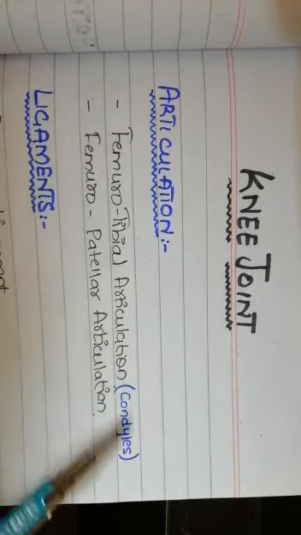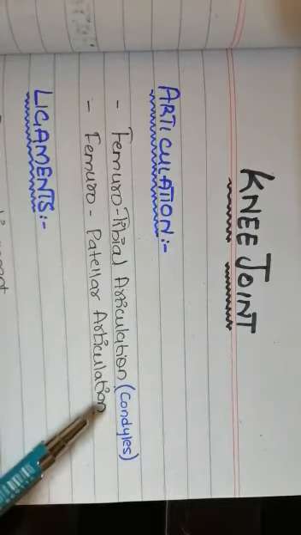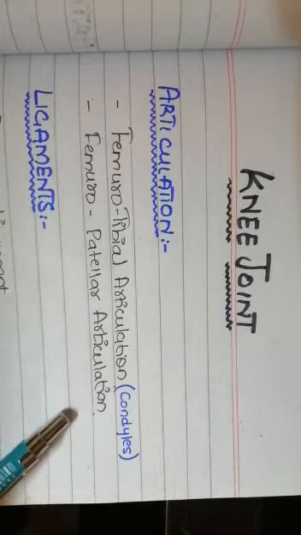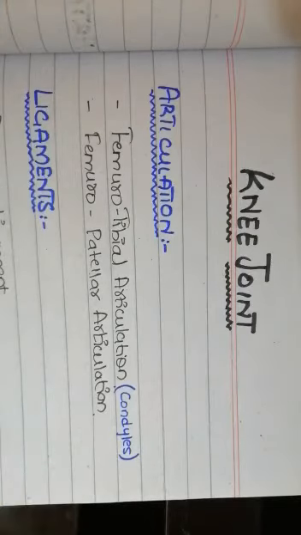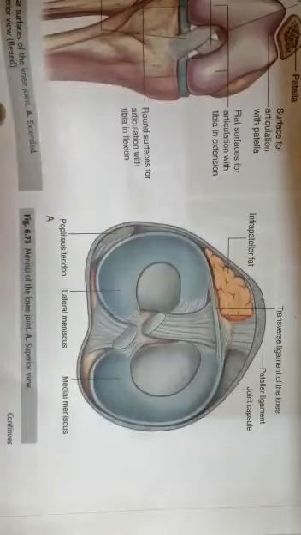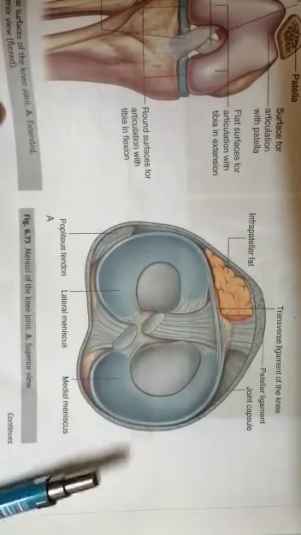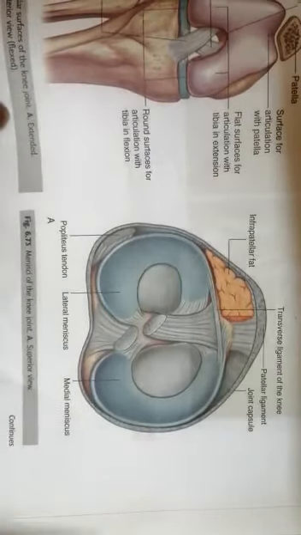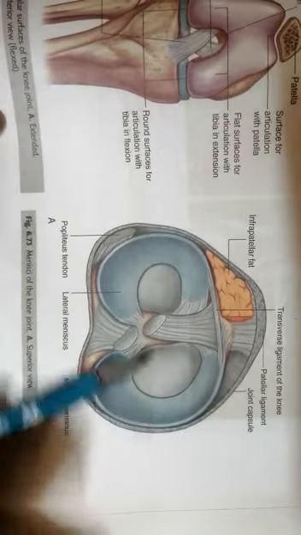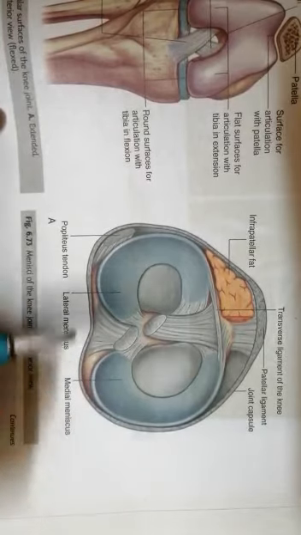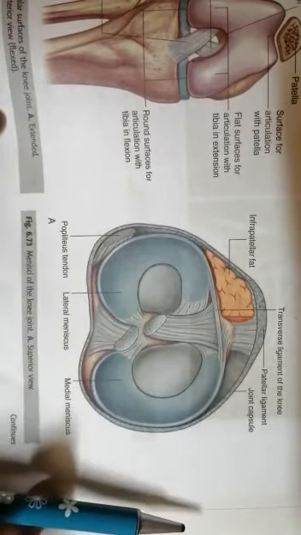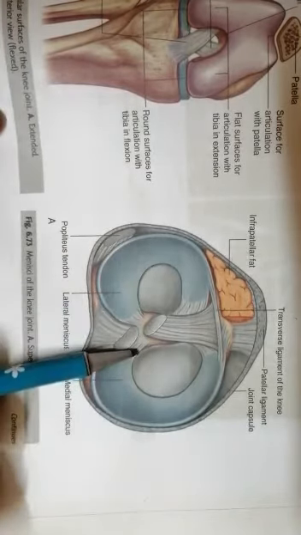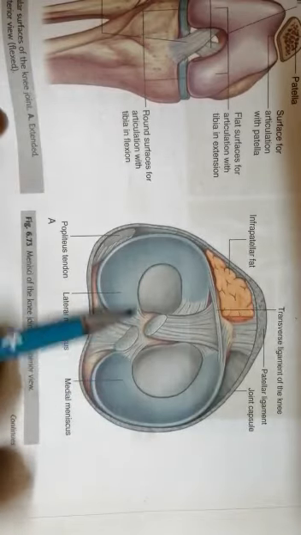One important point to remember is that the fibular bone does not take part in the formation of the knee joint. Now coming to the meniscus and the joint capsule of the knee joint. Here you can see a superior section of the knee joint, and in this section there are two menisci present on the tibial plateau of the tibia. If we remove the femoral condyles, we can see the two menisci present on the tibial plateau.